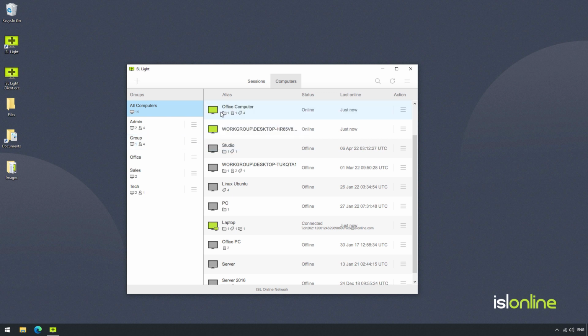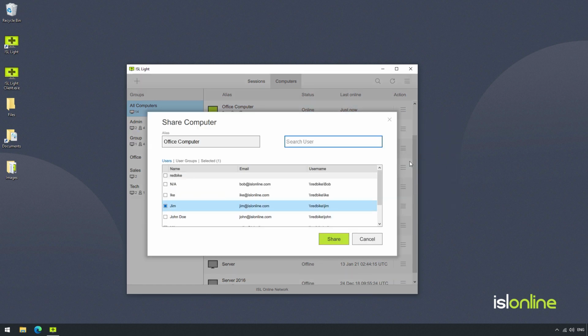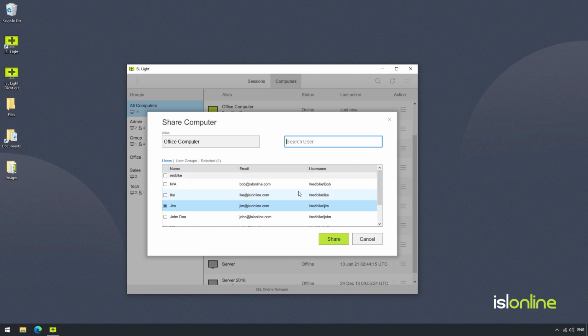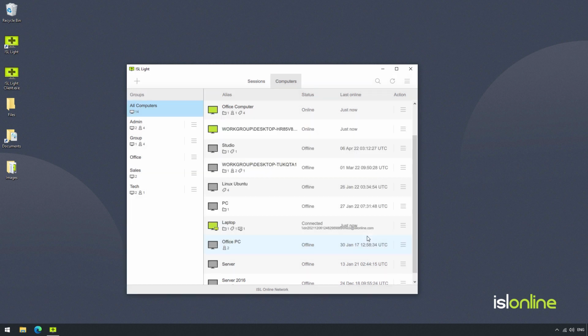This way, users can automatically get access to the newly added computer, and there is no need to manage or share computers any further. Now, the other way is to share an individual computer from the computer drop-down menu. By clicking Share, we get the same dialog as we do when sharing a computer group, but with one important exception. Users will not have any permissions besides the ability to connect to the remote computers. So just to clarify, when dealing with a large list of users and computers, sharing one computer might not be the best practice, and it would be best to go with the first option.